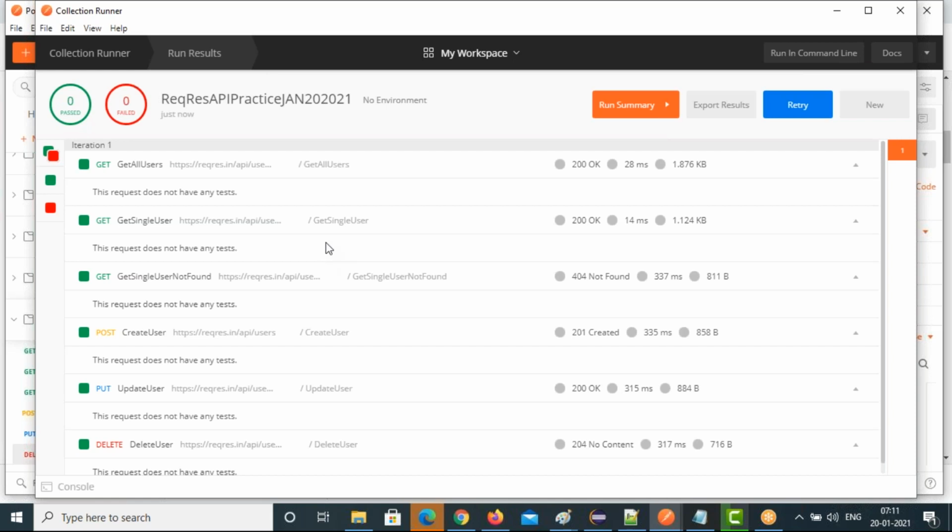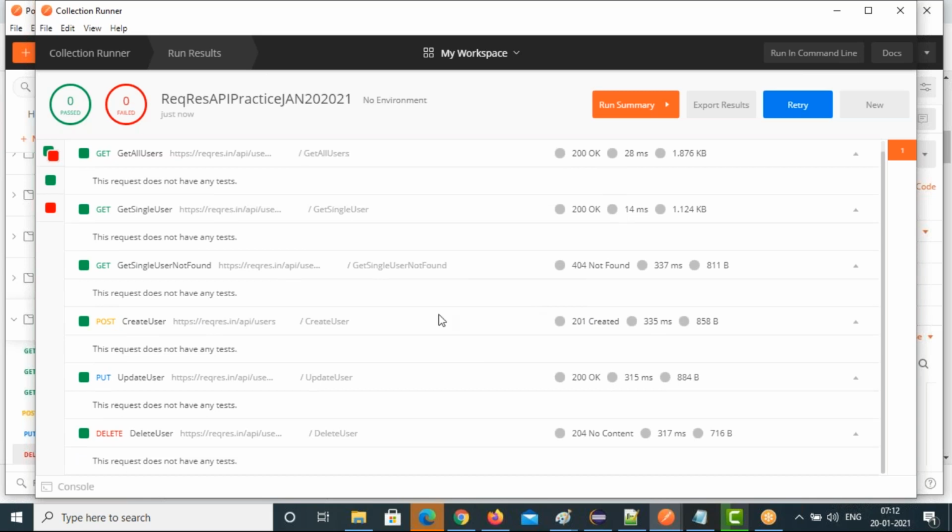See that, all are 200 OK. Each request has passed and all are green. How much time it has taken also we got. But it is showing zero pass. Why is it showing zero pass?